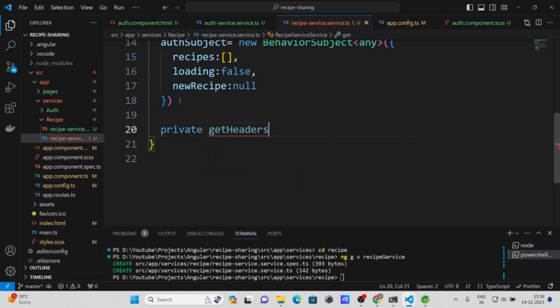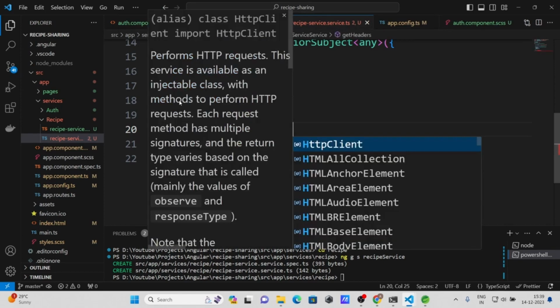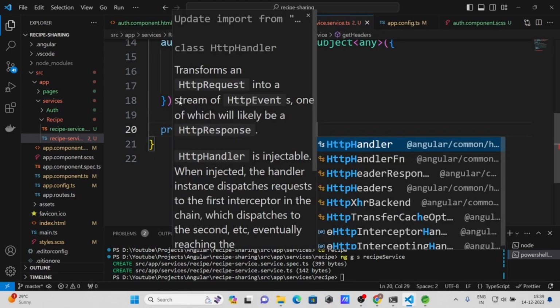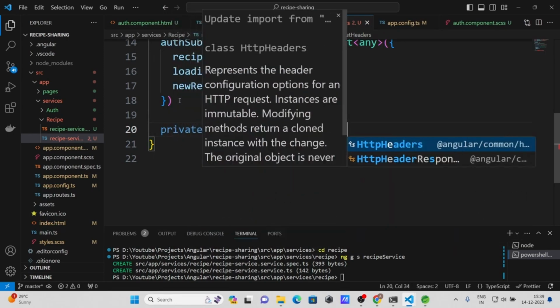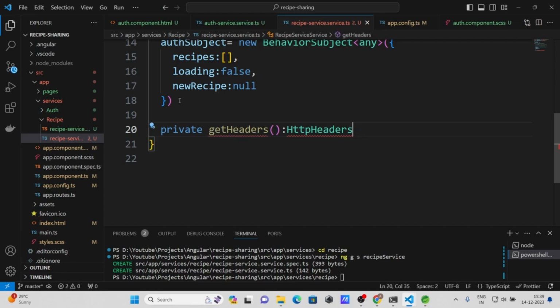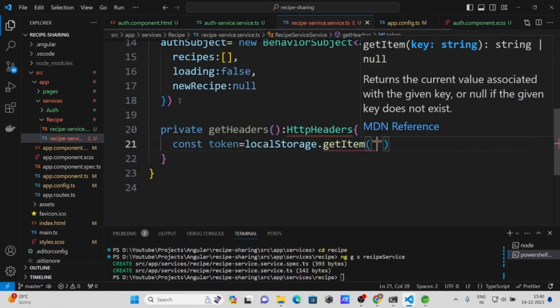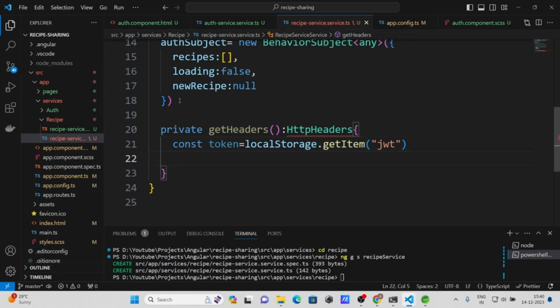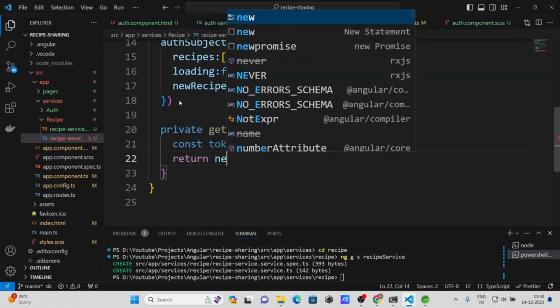Get headers, HTTP headers. All right, now const token equals localStorage.getItem, and here we need to use JWT, then it will return new